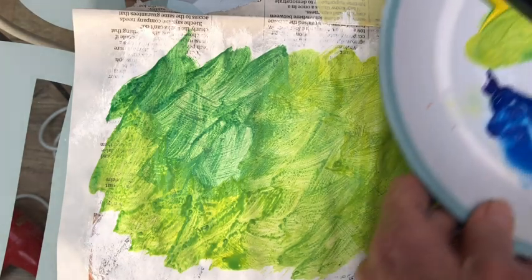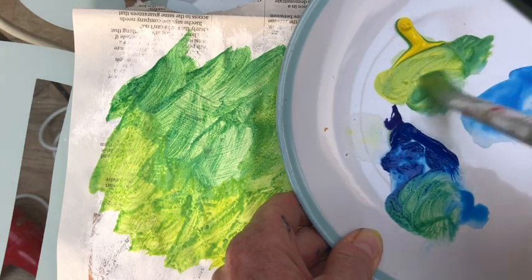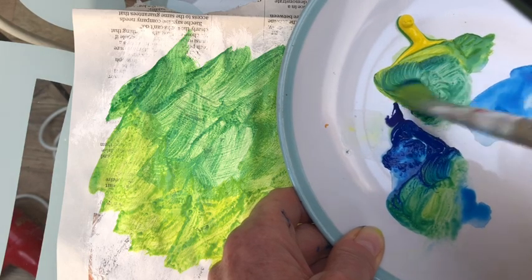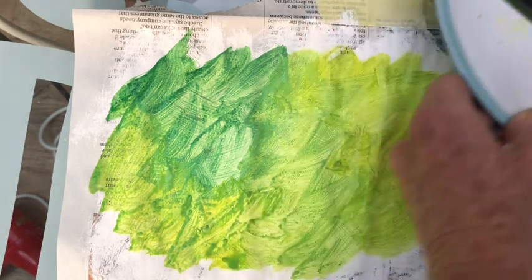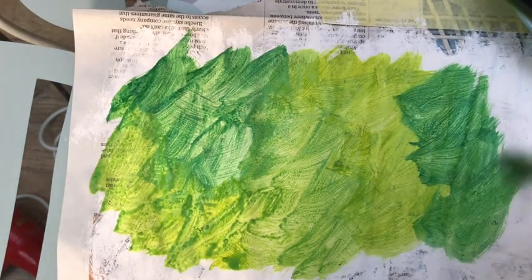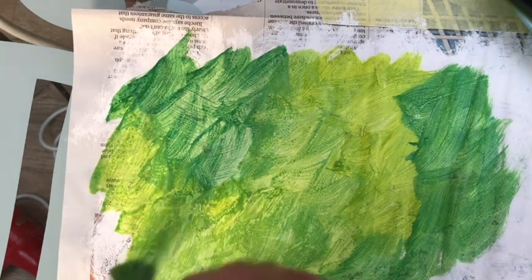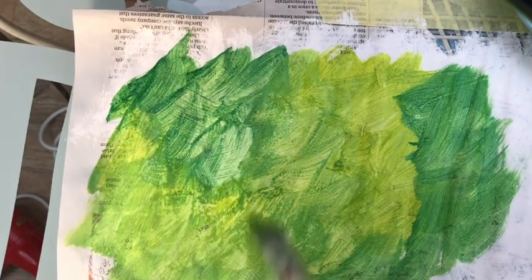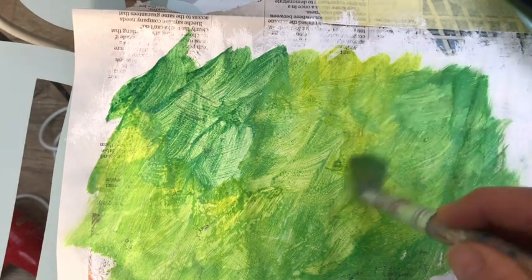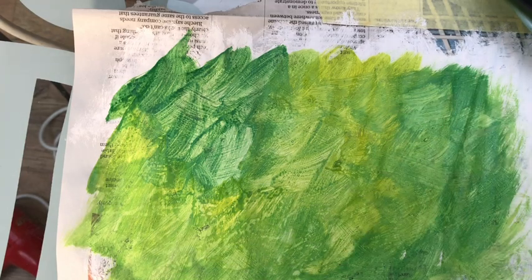And then we think we'll go for a little bit darker, a bit more contrast. We add a little bit more blue to our green, a little bit more stroking the edge so you're in control of how dark you go with your green. See how many different greens you can achieve, and then we can apply that, brush that over the top lightly, take it around the edge if you like, and as the brush gets drier it will create an even thinner layer. You can blend it in if you like. See, I'm just brushing it backwards and forwards like that,